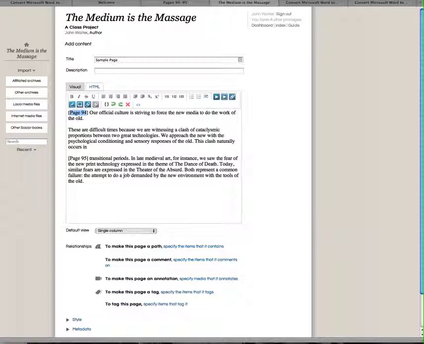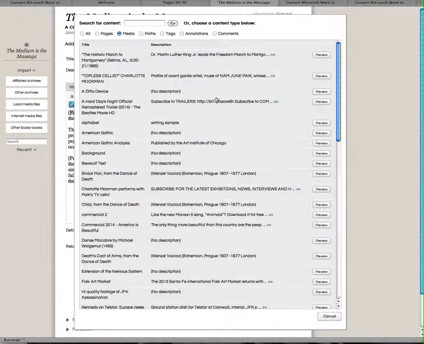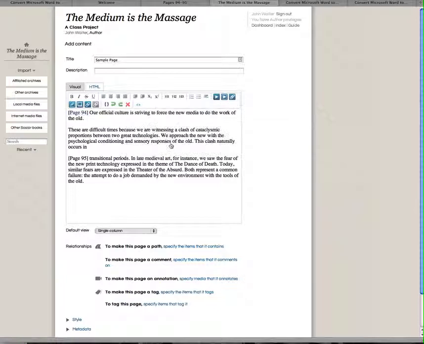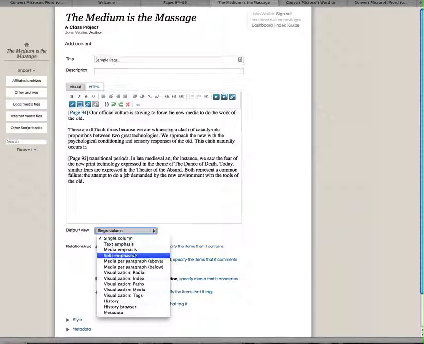So I'm going to highlight, because this is the annotated edition, the actual text from the Media and Wisdom Massage. I have the page marked that way to tell where the pages are. So I'm going to come over here again to this one, which allows me to highlight a word or a set of words and then add media to it. I'm going to come down and grab the page I want, page 94, 95, hit continue, and now that's linked in there